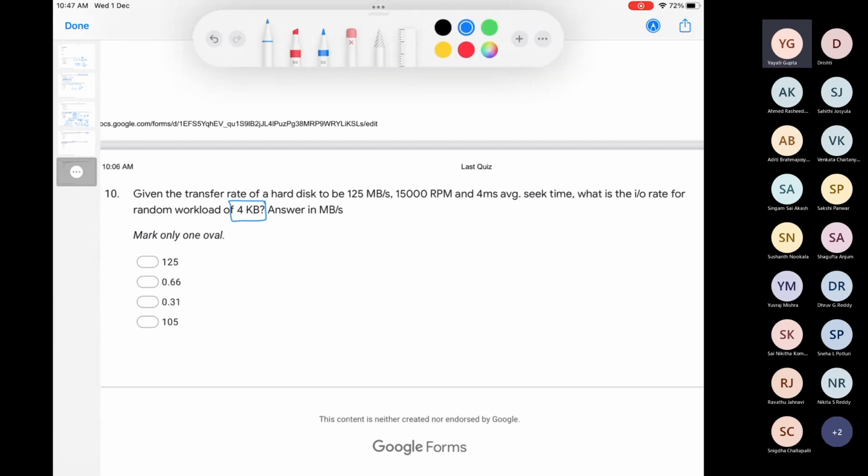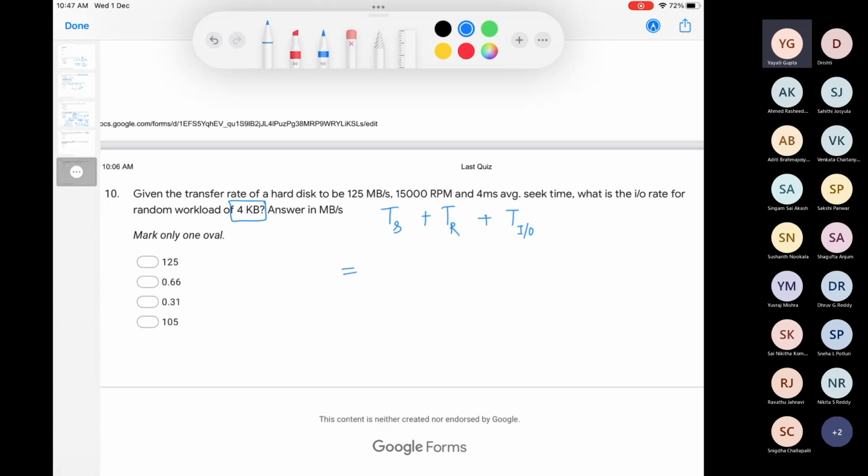So you have a random workload of 4 KB. For reading any random workload of 4 KB, you do not know in which track it will be and in which sector it will be. So first of all, you have to come to the right track, then to the right sector. Coming to the right track, you add the average seek time. Coming to the right sector, you add the rotational latency. On average, it takes you R by 2, right? If R is the time for one rotation, then it takes R by 2 time units to come to the correct sector. And then you do the data transfer, so whatever time is required for your data transfer.